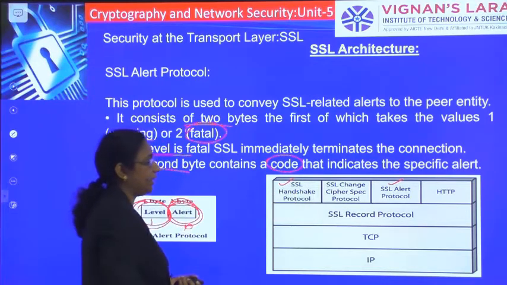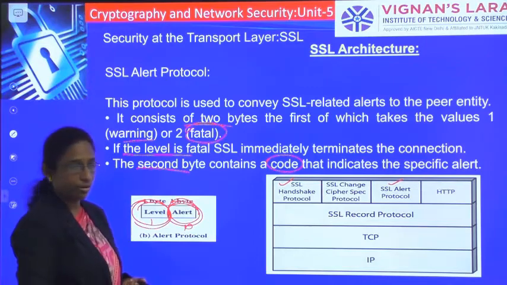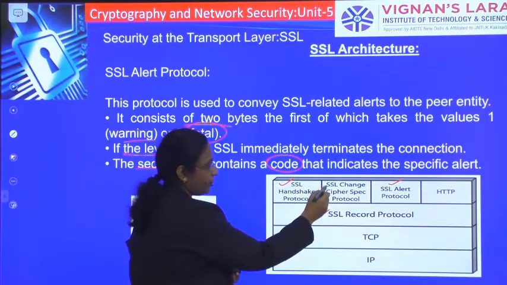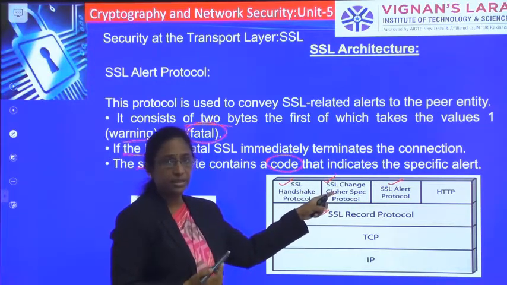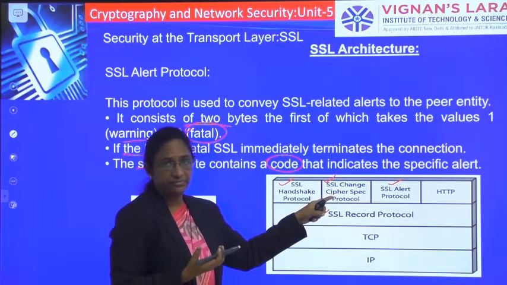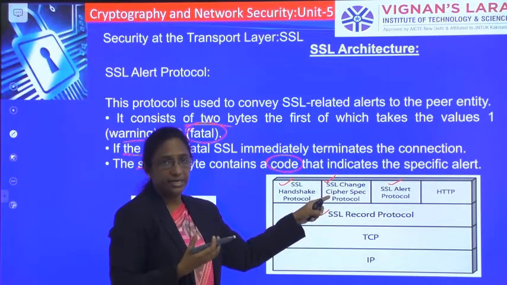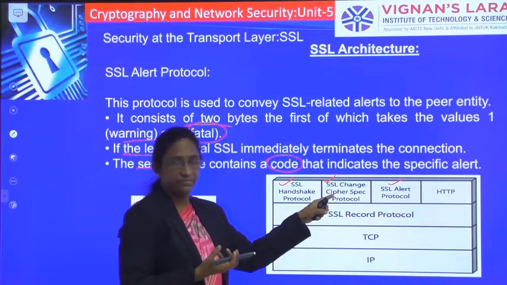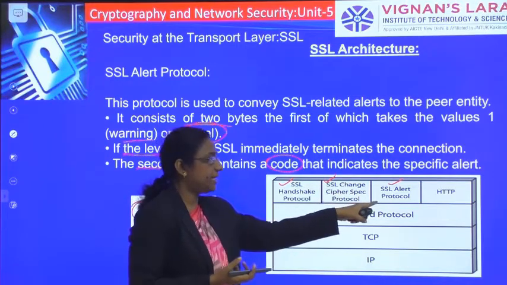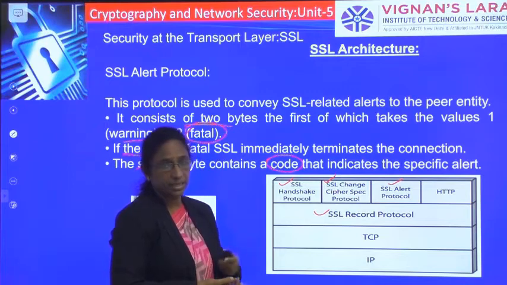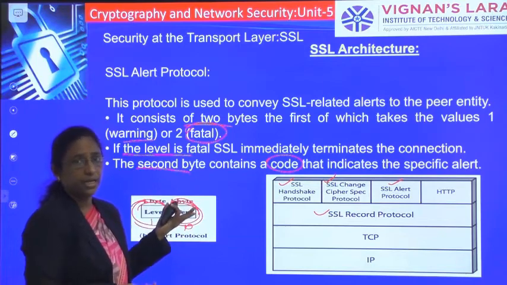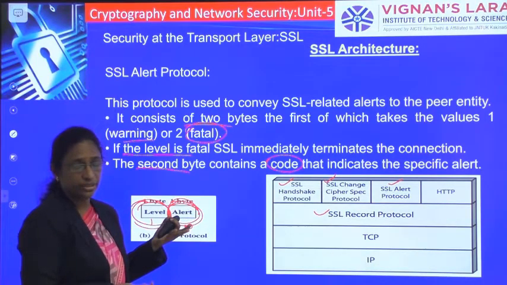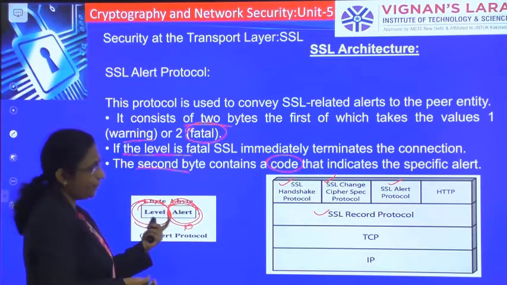Next, we are going to study the SSL handshake protocol. Already we have studied the SSL record protocol and the change cipher spec protocol, which is for updating the cipher suite. For that particular connection, whatever cipher suite we are using, for updating that cipher suite we have the change cipher spec protocol. Similarly, the alert protocol provides alerts to the peer entity related to things like bad certificate and close notify. Those are represented by 2 bytes.